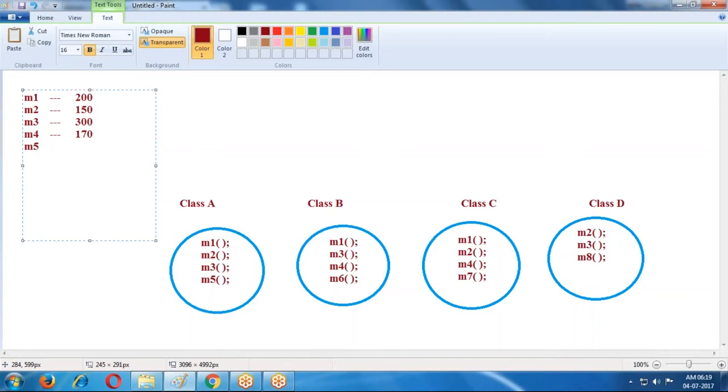M5 contains 90 lines of code. M6 contains 120 lines of code. M7 contains 250 lines of code. M8 contains 150 lines of code.